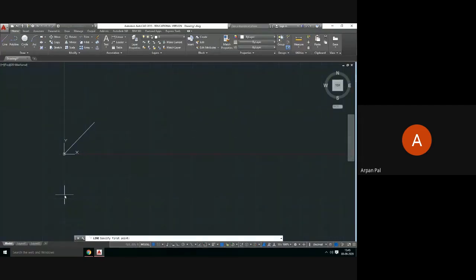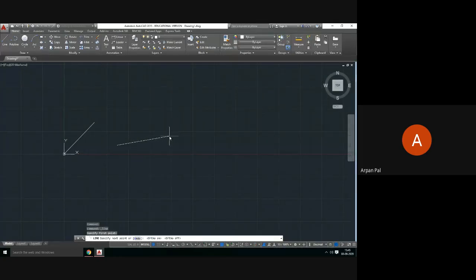And for the direction control, there are 3 methods. One is arbitrarily by mouse. Another is by ortho mode. And another one is by angle control. How to control the angle? You cannot simply put the value of the line.